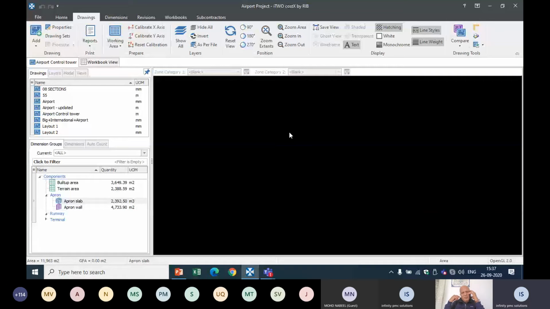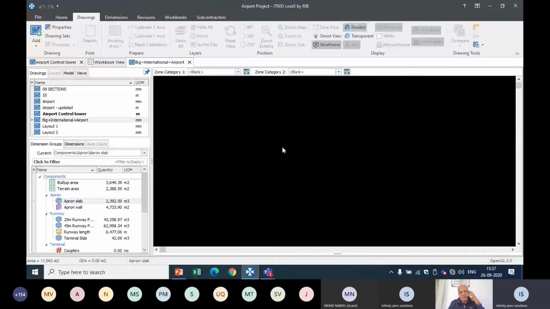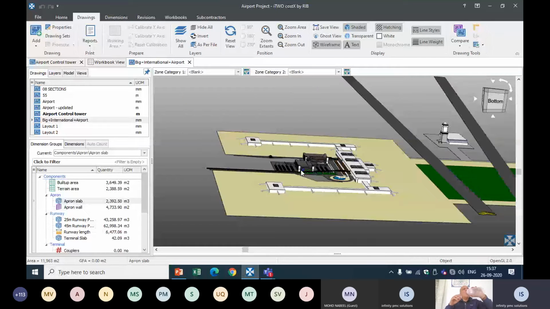Say I have taken an airport model, which gives us a complete model. This shows me the jet bridge, parking areas, terminal buildings, runways, airport towers, control towers, and hangar structures.